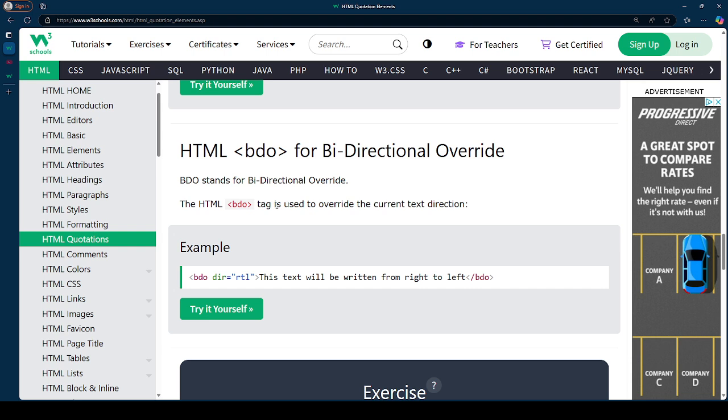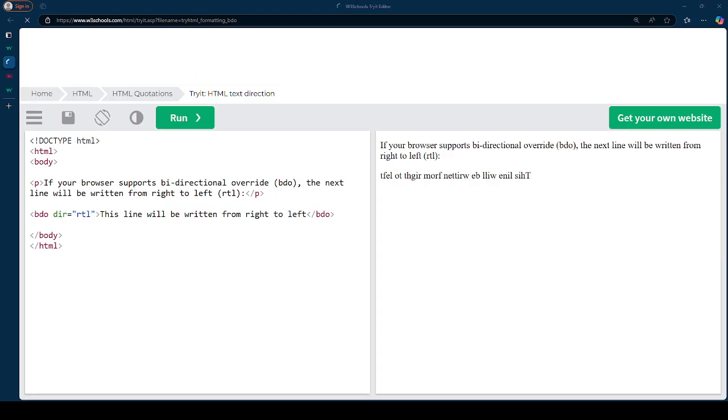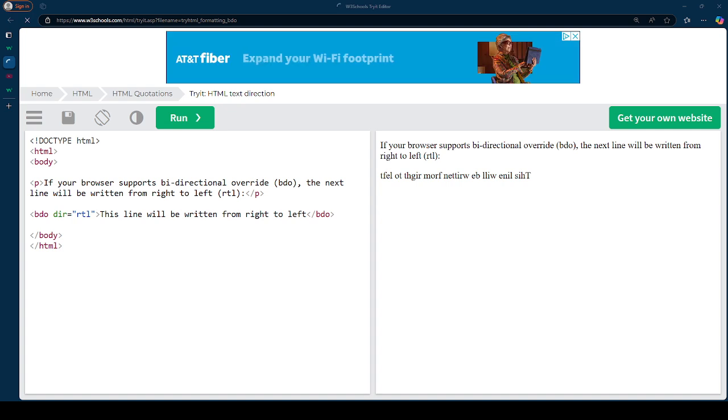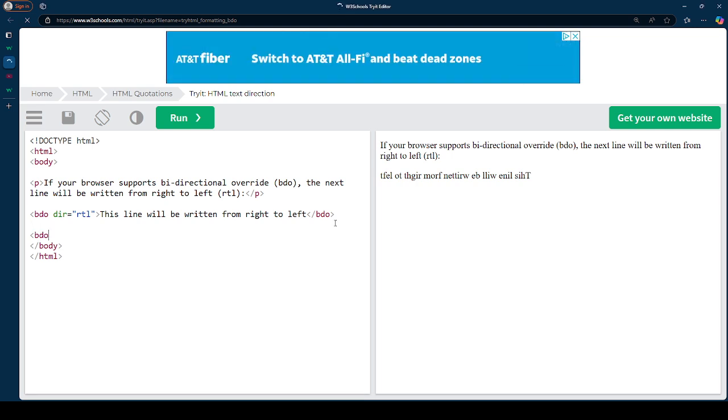HTML BDO for bidirectional override. BDO stands for bidirectional override. The HTML BDO tag is used to override the current text direction. RTL,